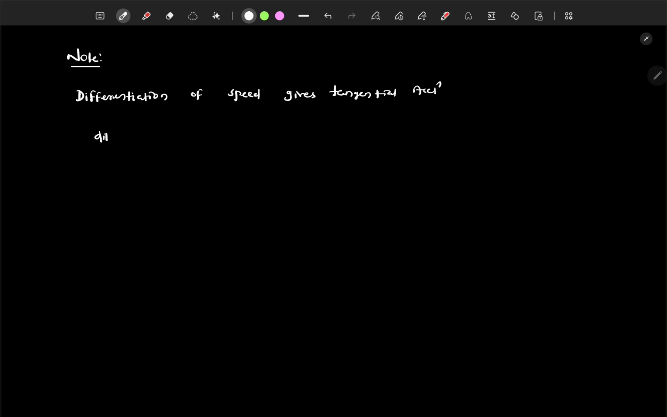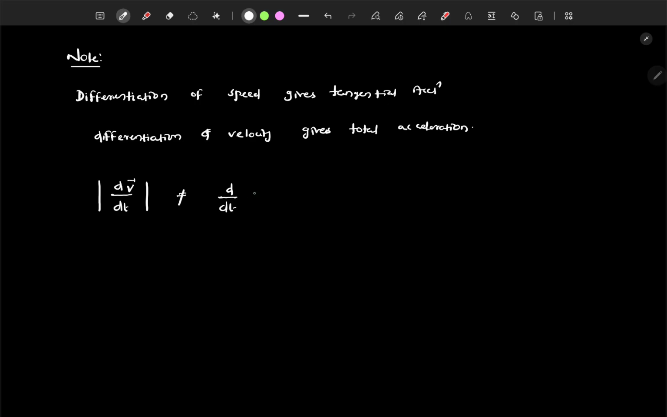And differentiation of velocity, velocity means speed as well as its direction. Differentiation of velocity gives total acceleration or net acceleration. It gives total acceleration or net acceleration. I hope it is clear. So now we can say dv vector by dt whole mod is not equal to d by dt of v